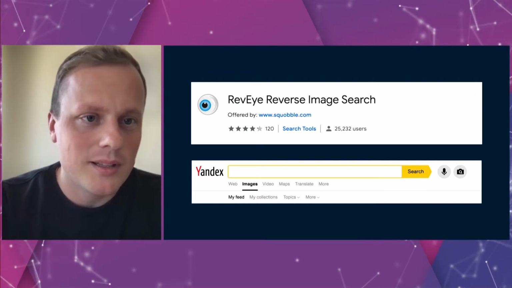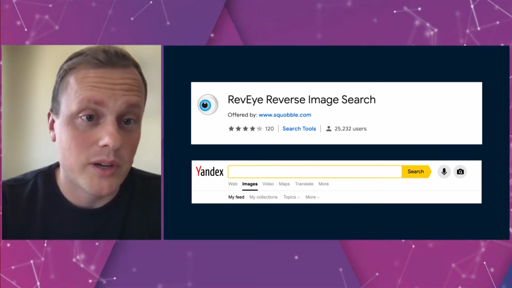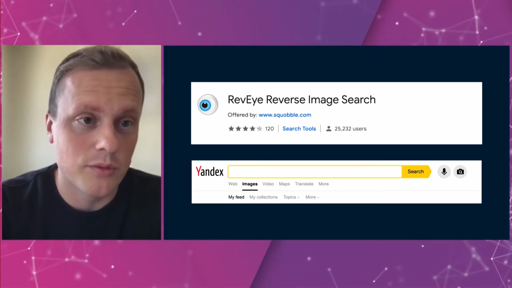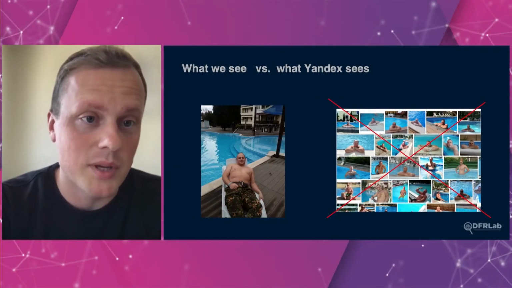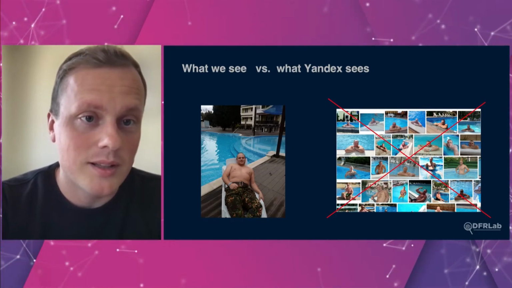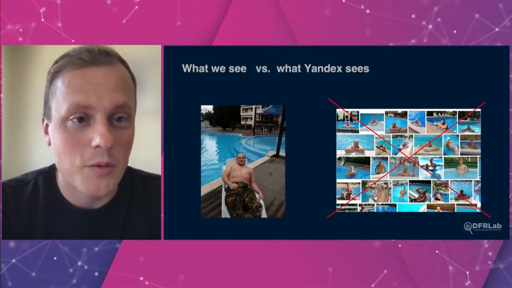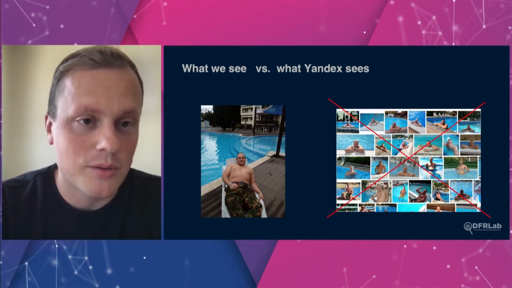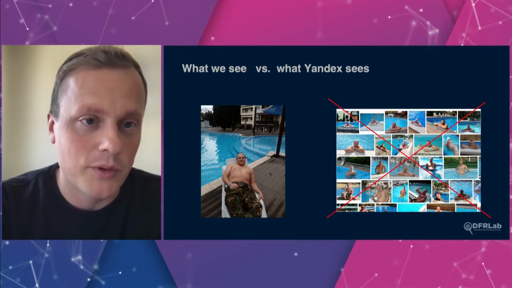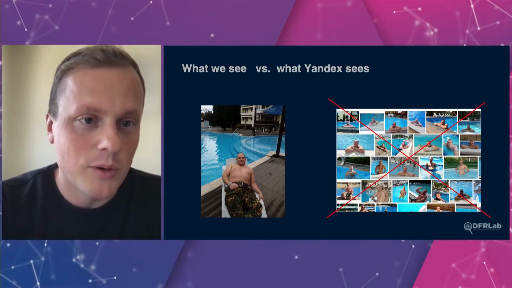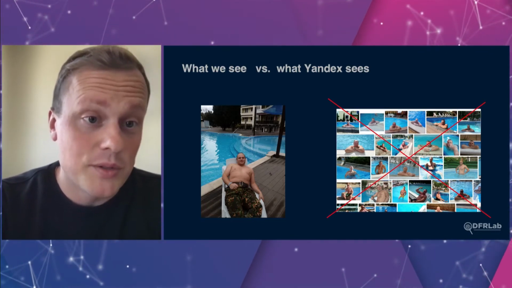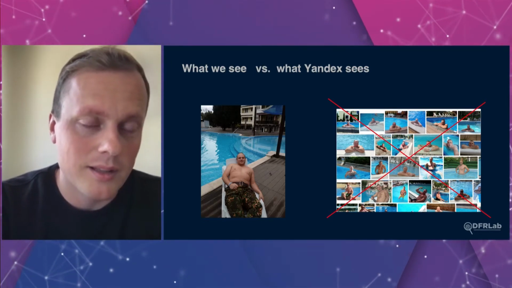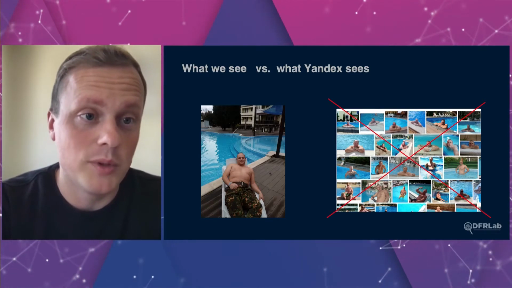If you want to take it a little further, you can also install reverse image search or use Yandex, which is very good with searching for various locations in the Russian space. Also, I cannot emphasize enough how important it is to crop photos, basically to focus your search on the part you want to see. If, for example, you're posting a photo of this guy and you're interested in the pool, make sure to crop the pool, because then the search engine can actually focus on the pool and give you better results.